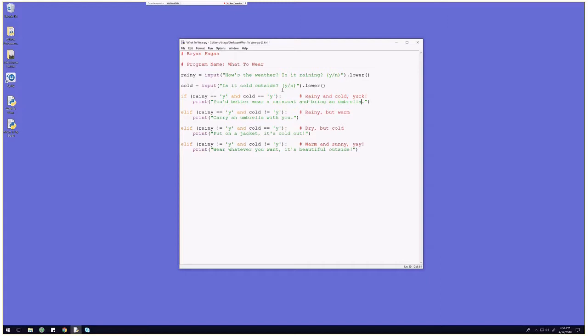All right, so you wear a raincoat because it's a raincoat, but you may not want to get wet, so let's carry an umbrella just in case it's a lot of rain. So the next is if either